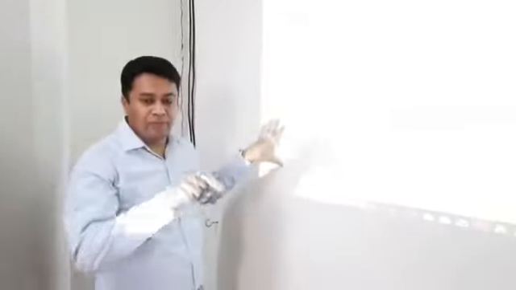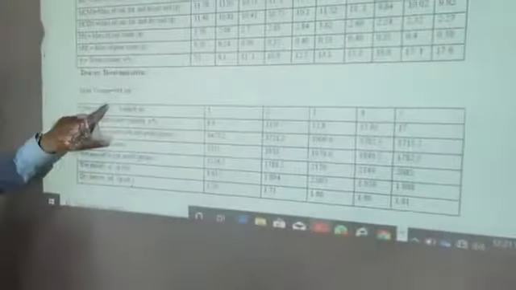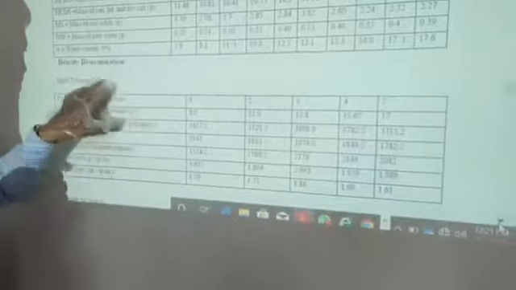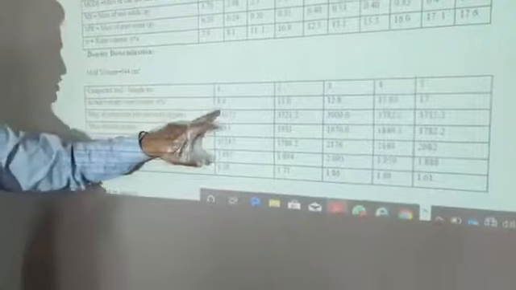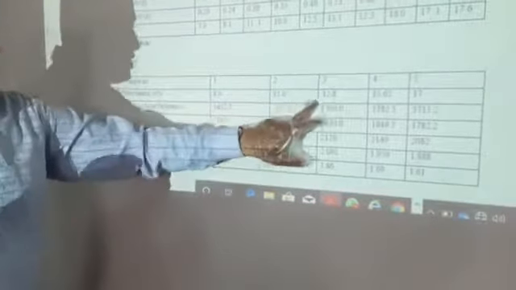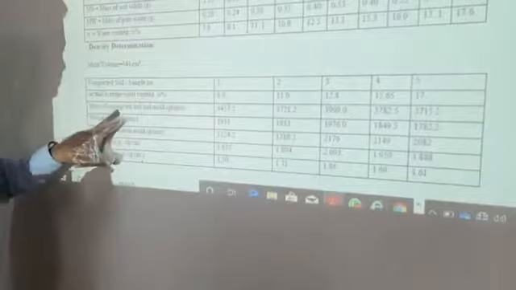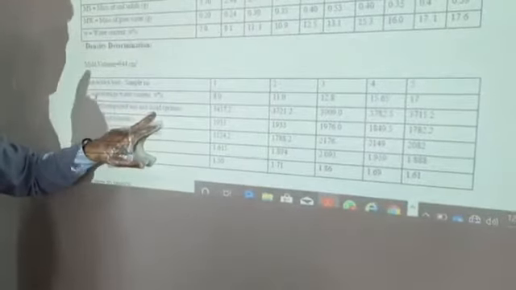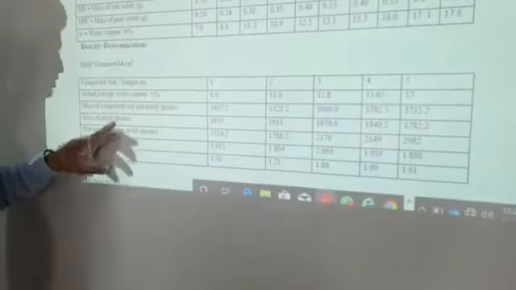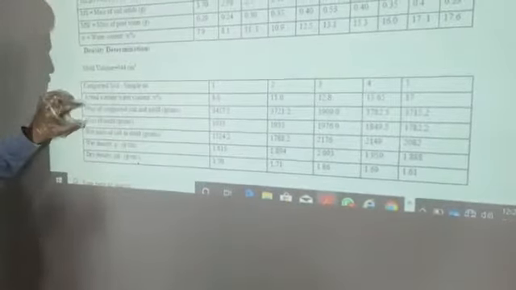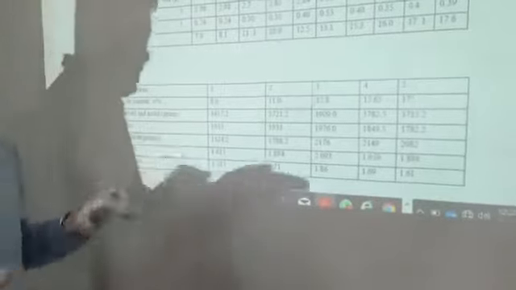And after that we will measure the density of mold. I will brief you in our next step. First of all, we have to find the volume of mold. The volume of mold is constant for our readings. And next is the moisture content in percentage. I will brief you how we will assume this moisture content. And after that, mass of the compacted soil and mold. This is the important value we will record from the experiment, and mass of the empty mold before placing the soil. These two values we will measure in our practical. Okay, let's start over there.